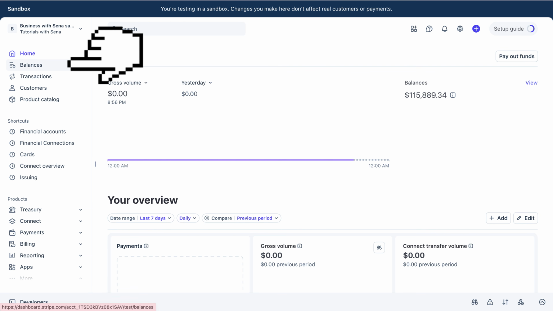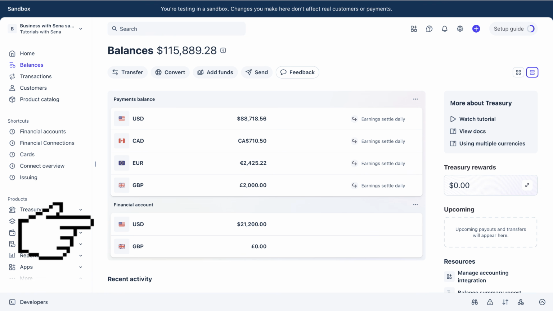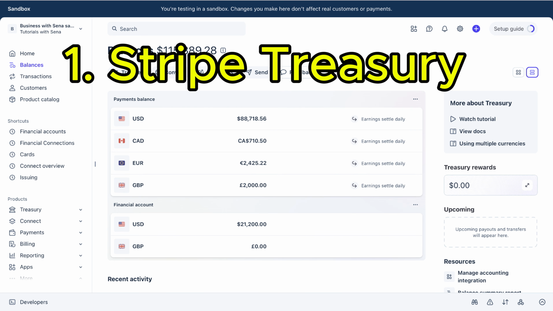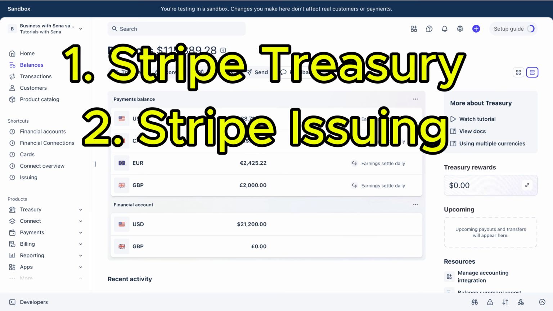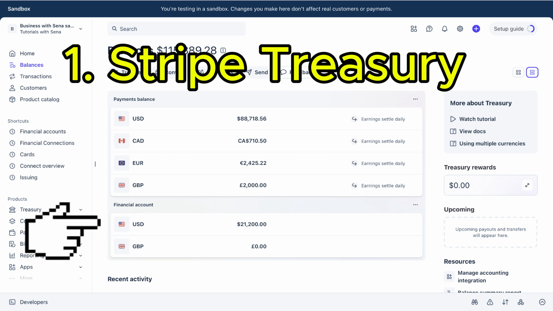Tap on the balance at the left side of the screen, and this is your Stripe card balance. So there are two different Stripe card products. The first product is a card by Stripe Treasury, and the second one is a card by Stripe Issuing. If you use the card by Stripe Treasury, usually you will see the financial account like I have right here